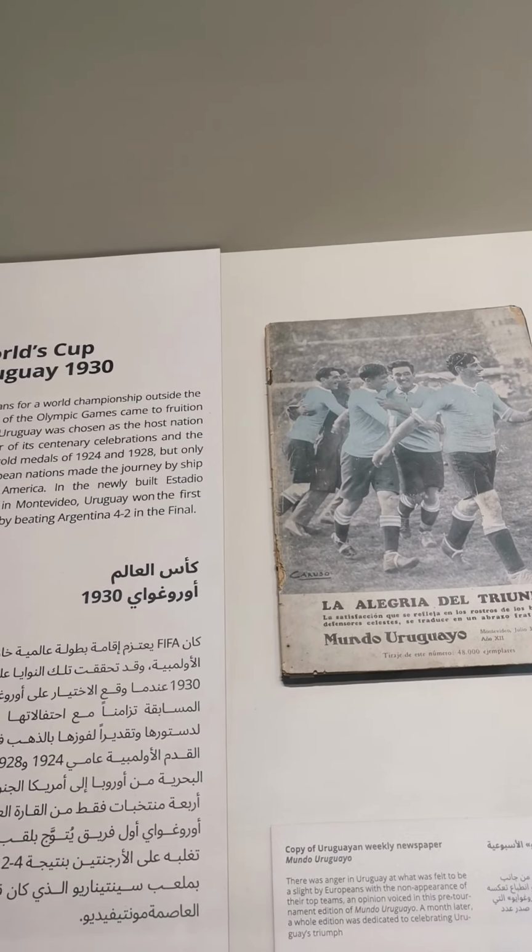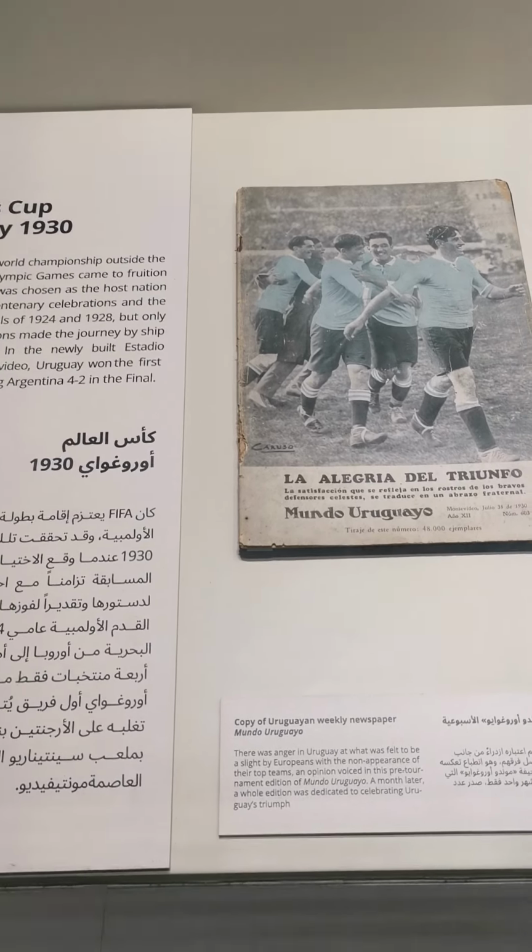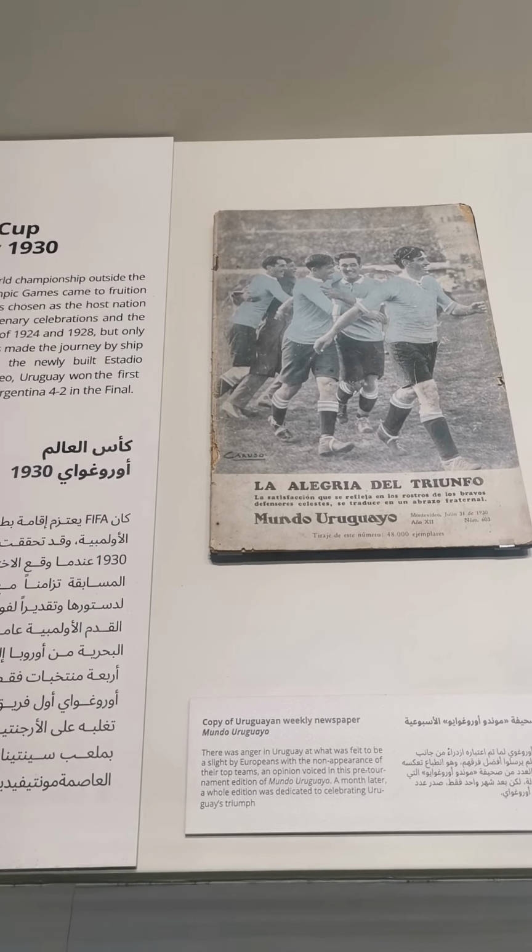Then this one is a copy of Uruguayan weekly newspaper Mundo Uruguayo. There was anger in Uruguay at what was felt to be a slight by Europeans with the non-appearance of their top teams, an opinion voiced in this pre-tournament edition of Mundo